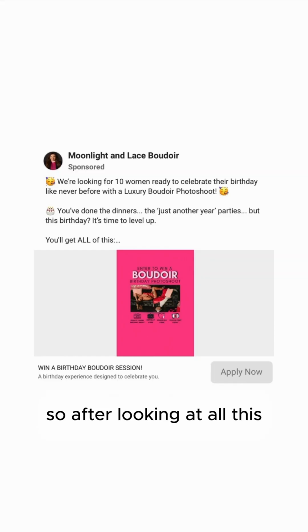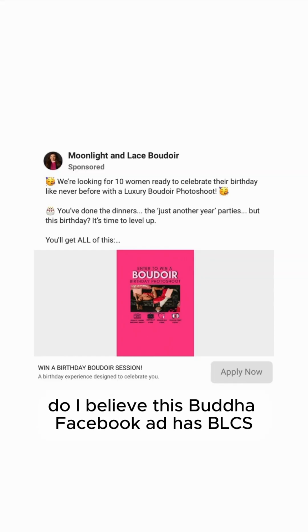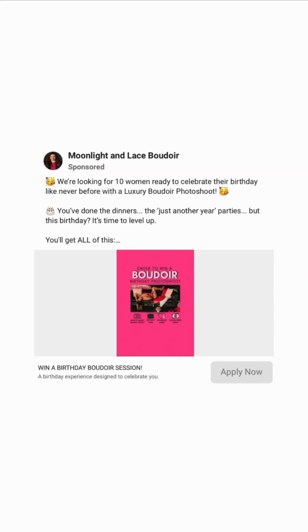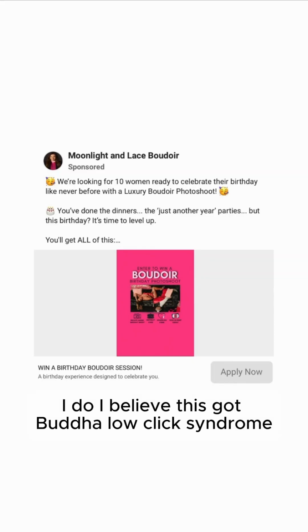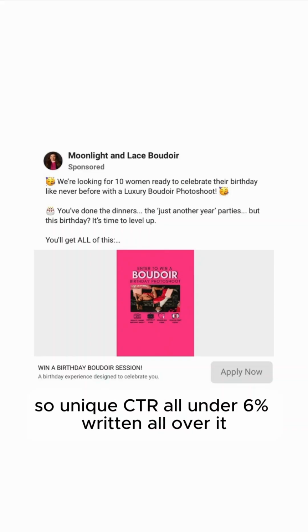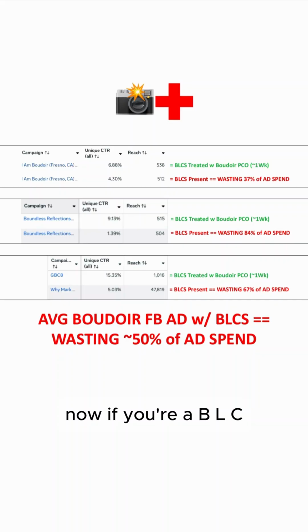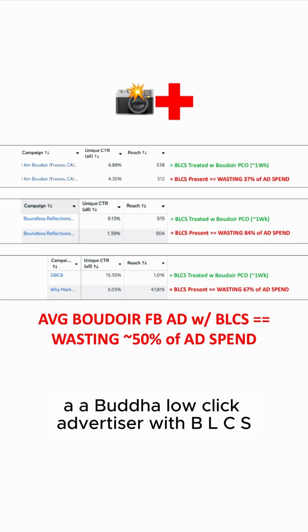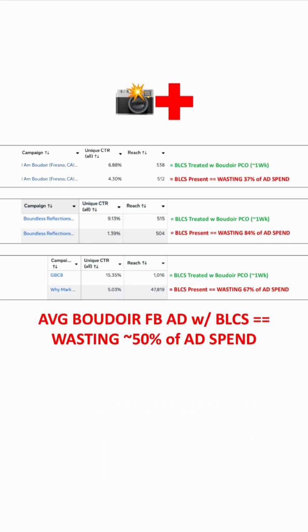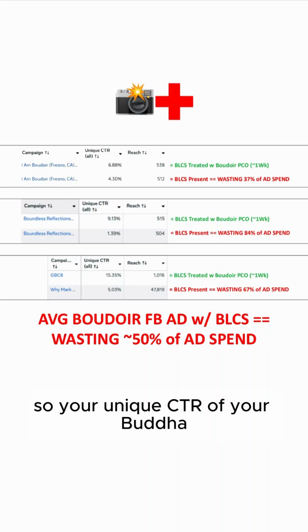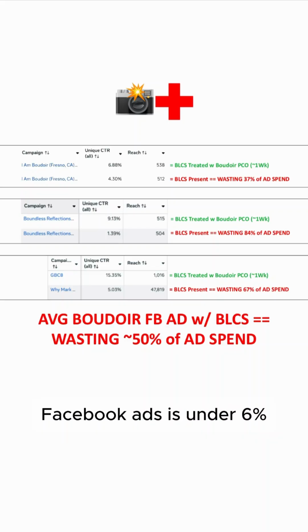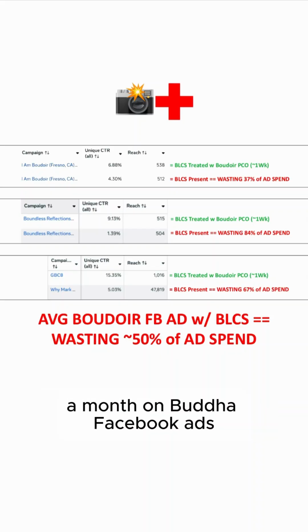So after looking at all this, do I believe this Boudoir Facebook ad has BLCS, aka Boudoir low click syndrome? Yes, I do. I believe this has got Boudoir low click syndrome. Unique CTR under 6% written all over it. Now, if you're a BLCA, a Boudoir low click advertiser with BLCS, so your unique CTR on all of your Boudoir Facebook ads is under 6%, and you're spending more than 10 grand a month on Boudoir Facebook ads,